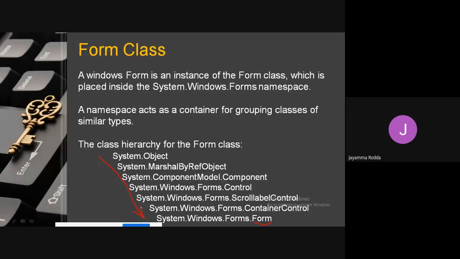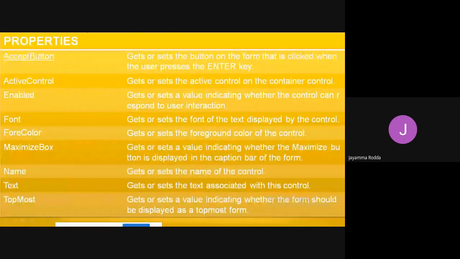So let us know what the properties are. There are various properties of the form class, may be more than 50, more than 60, so we are going to discuss only a few of them.